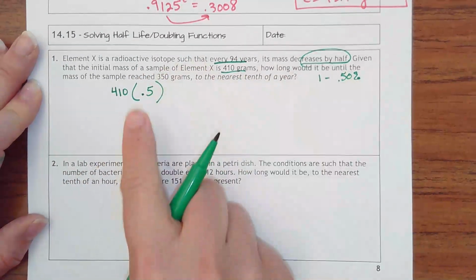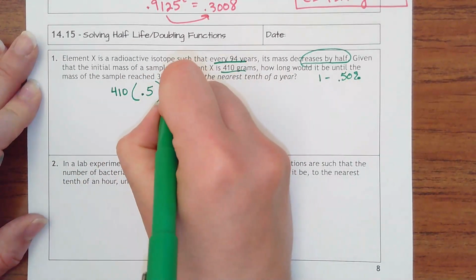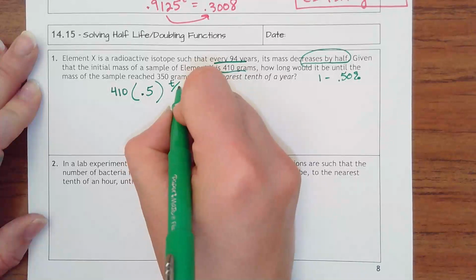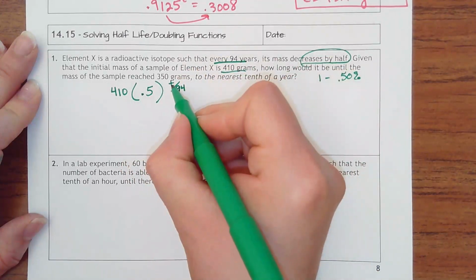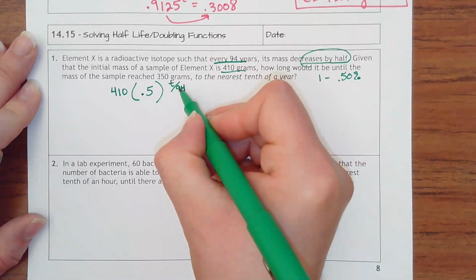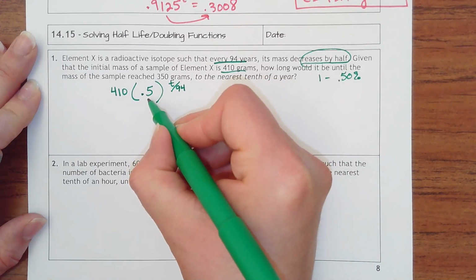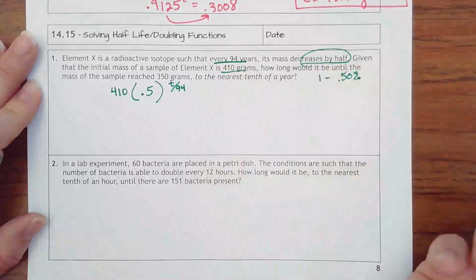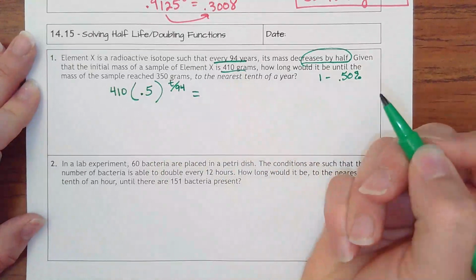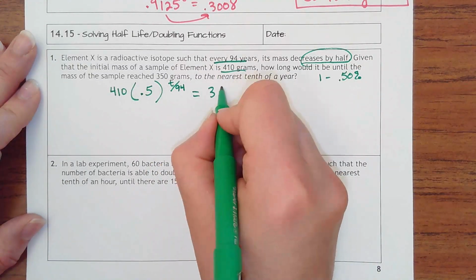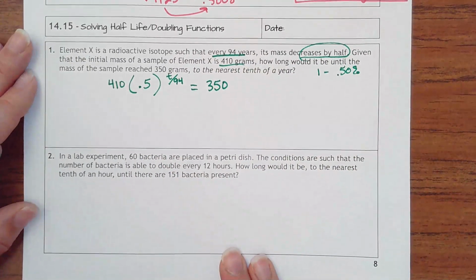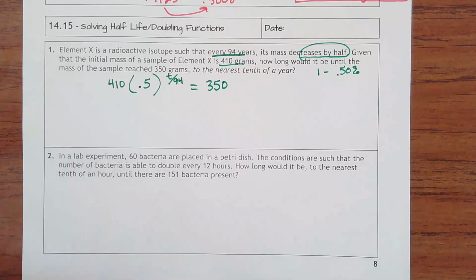And then it's not decreasing that every year, it's going to decrease that every 94 years. So if my time was 94 years, 94 divided by 94 would mean it's going to cut in half once. So I have to have that as a fraction, and it wants to know after what time it is going to reach 350 grams. And so our same process here is get the